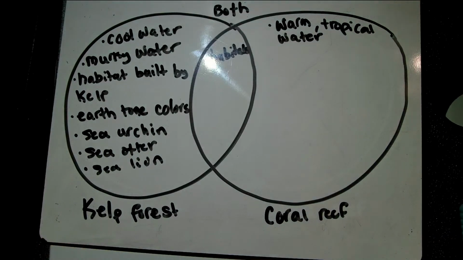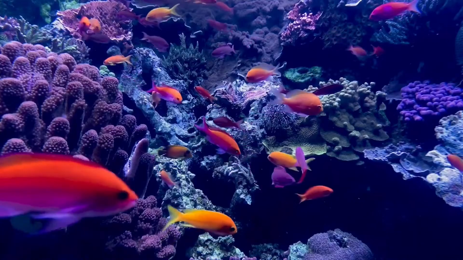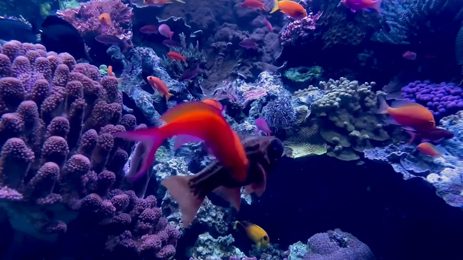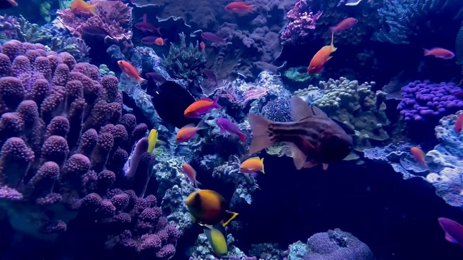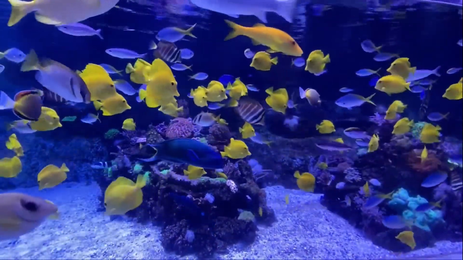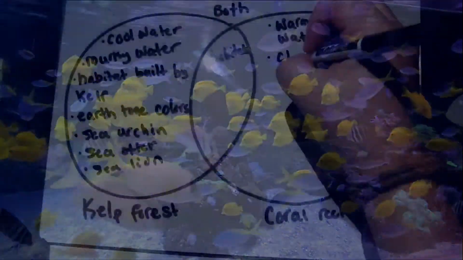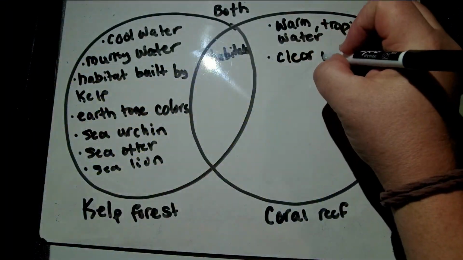And this water is pretty clear, especially compared with the kelp forest habitat that had a little bit murkier water. This water is pretty clear. You can see really clearly these fish, the different patterns that they have, the different shapes that they have. You could even see pretty far. So clear water,